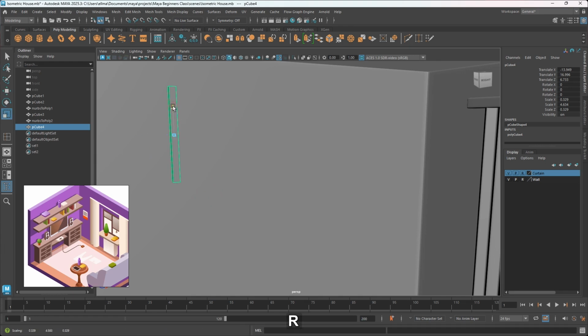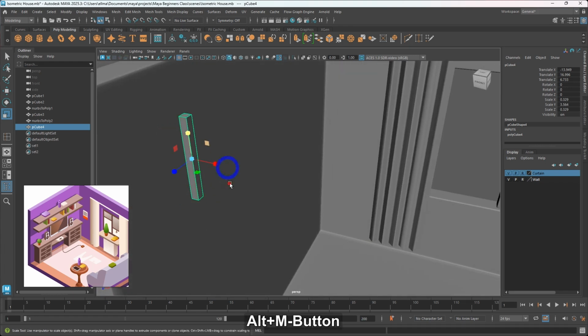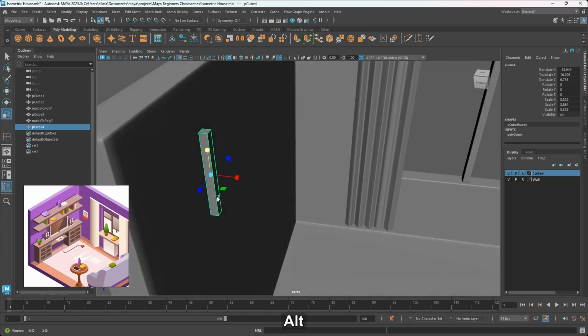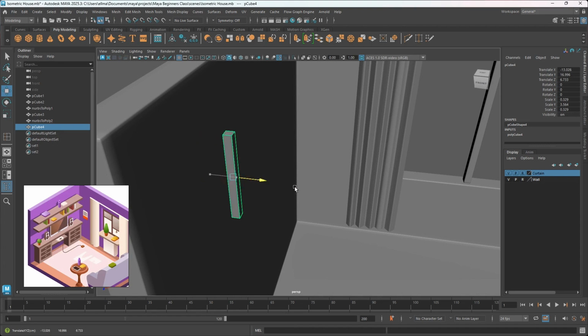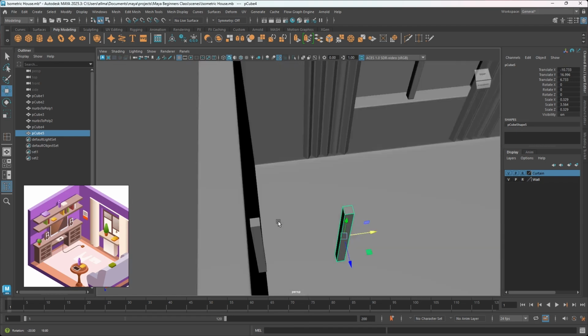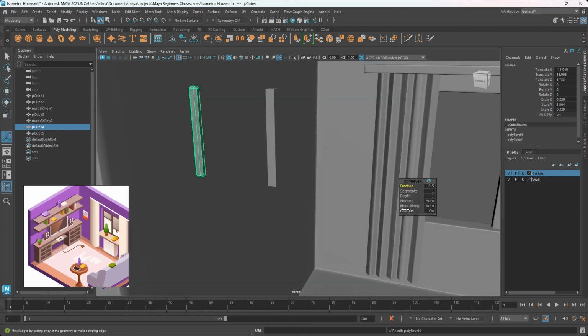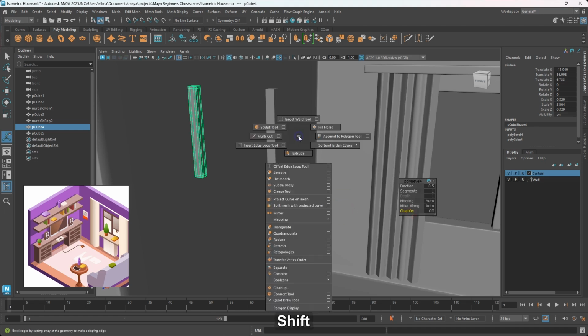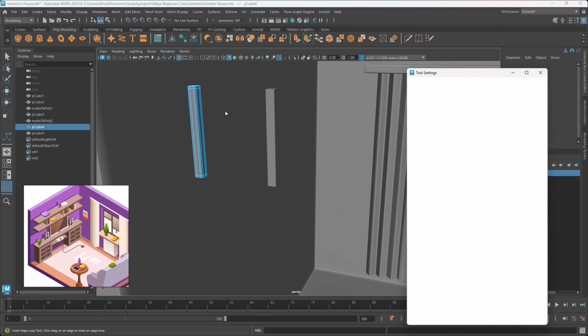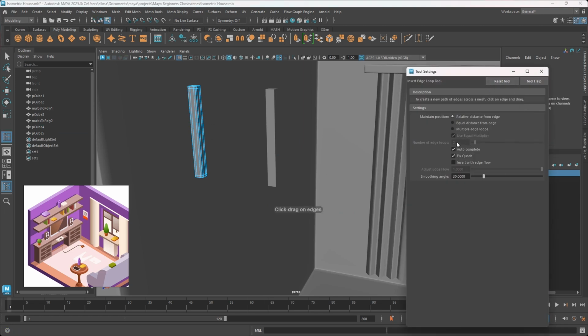And I think we can scale this down just a little. Yeah, we can scale this down a little. Right now we're going to make a duplicate of this, hold on shift and clone this. We're going to select this, hit Control B and turn off chamfer. Shift right click, insert edge loop 2, and this we're just going to insert